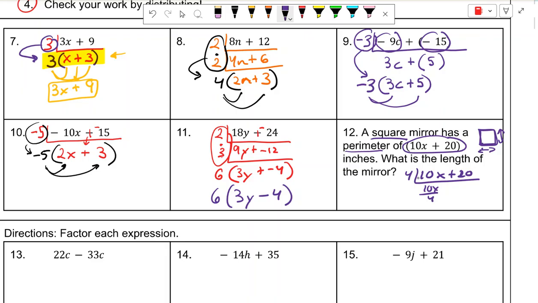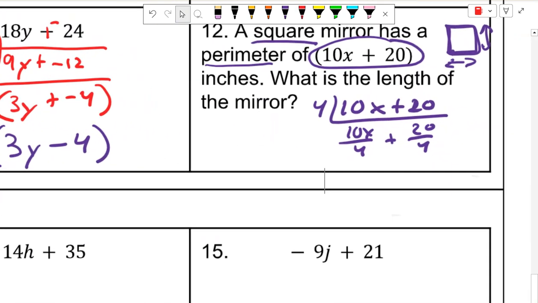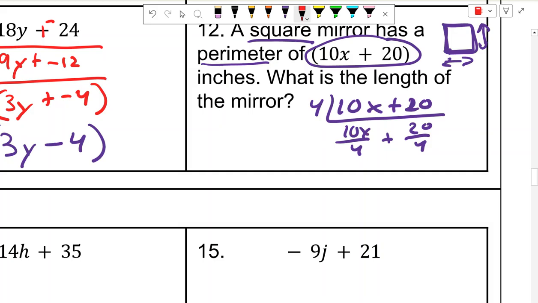And what is 20 divided by 4? 20 fourths. Okay? Is there anything else we can take out? No. So I drew this next division bar. I didn't need to do that. So let's go ahead and simplify these two fractions. 10x over 4 is 5 over 2 x's plus 5. Is there any common factors left? No. So we put our